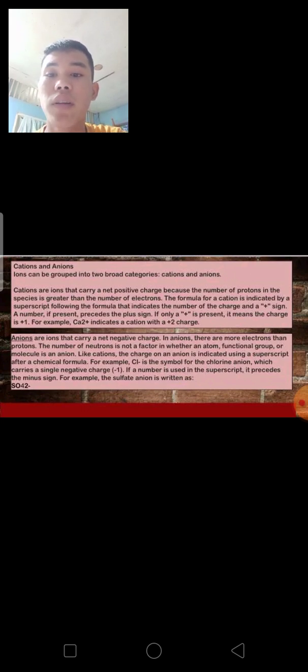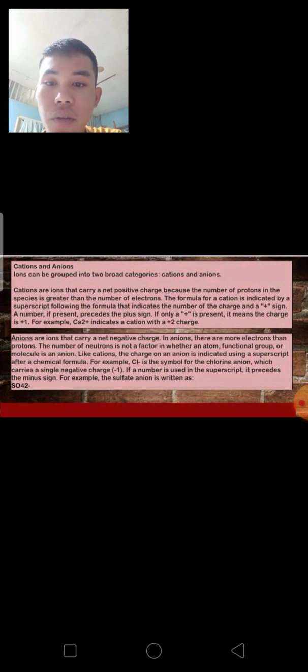For example, Ca2 plus indicates a cation with a plus 2 charge. Anions are ions that carry a negative charge. In anions, there are more electrons than protons. The number of neutrons is not a factor. It is within an atom, functional group, or molecule that is an anion, like cations. The charge on anions is indicated using a superscript